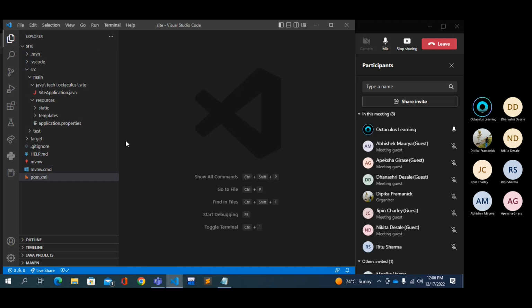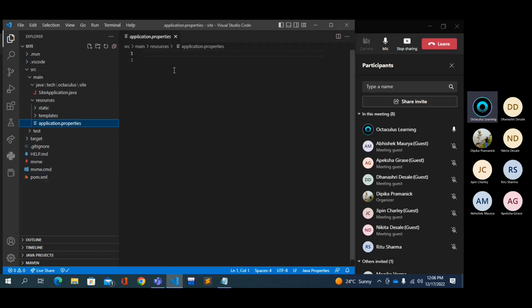Okay. Now let's come to the application.properties. What is this file? This file is used for configuring